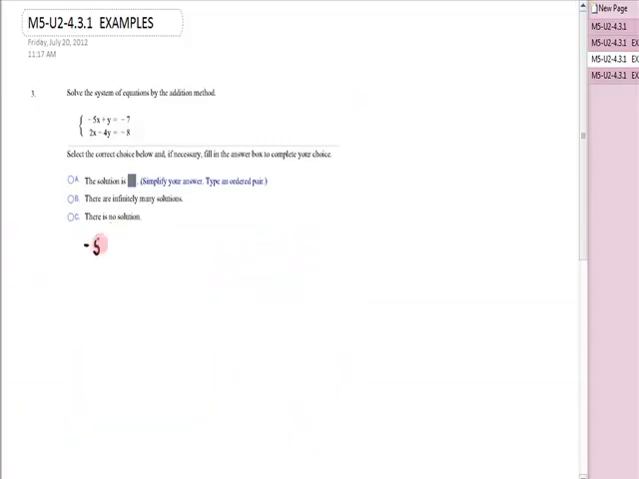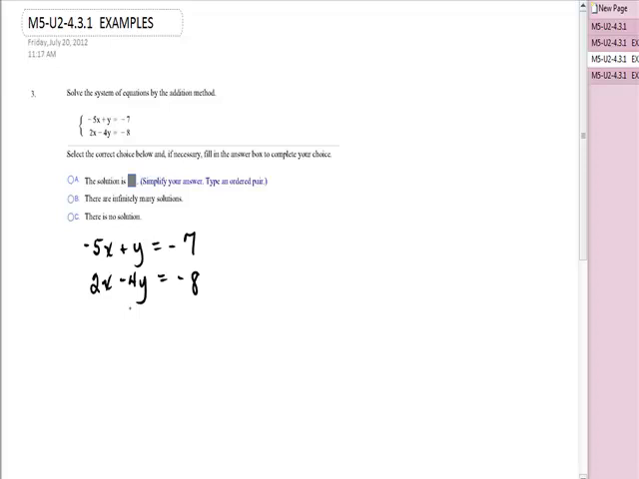I have negative 5x plus y is equal to negative 7, and 2x minus 4y is equal to negative 8. Now, unfortunately, in this problem, the x's are not opposites, nor are the y's. So I have to do a little prep work to get it ready. The prep work that I use involves multiplying an equation by a certain number to create those opposites in the